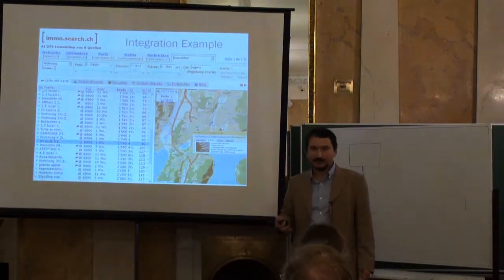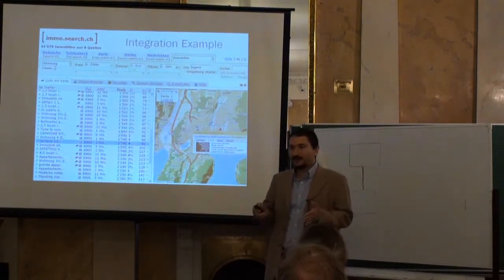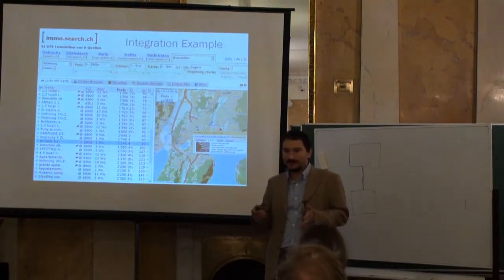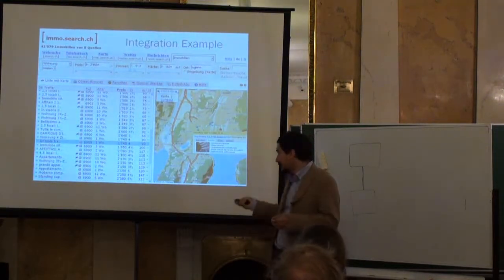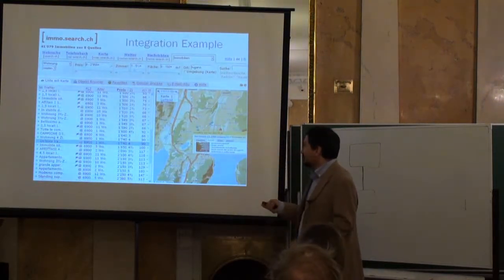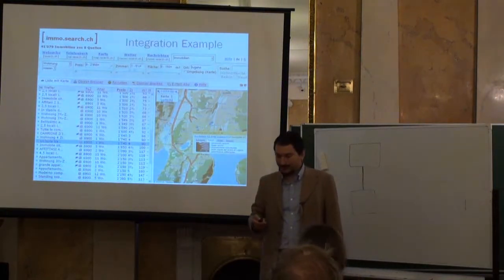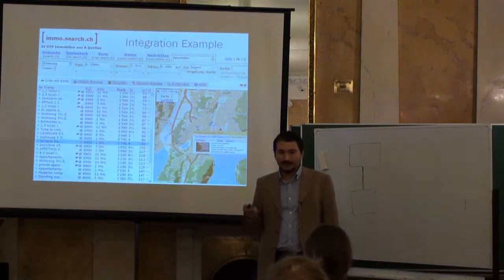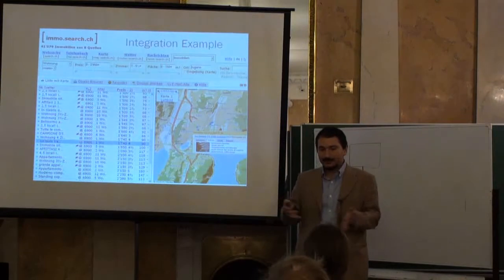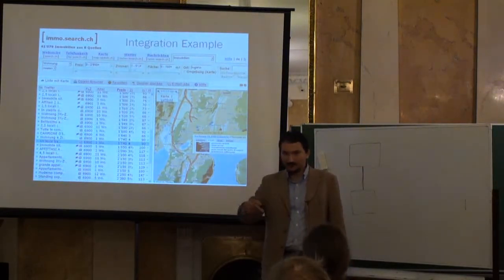It's called a mashup because it gives you the illusion that you have a single application. But in reality, behind this single application, there are lots of separate pieces. In this case, lots of different databases. Yeah? So this is an application for searching for houses. You want to rent an apartment or buy a house. You go to this site, and they give you an integrated view over all the databases for offerings for houses